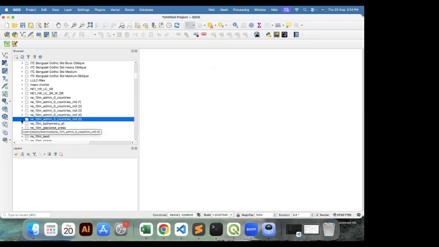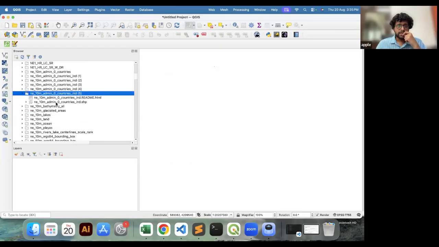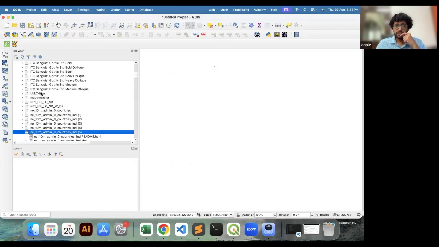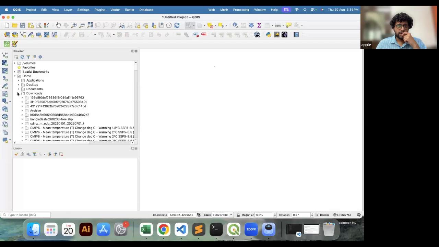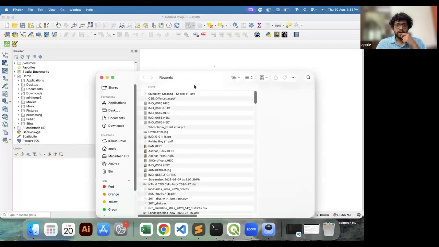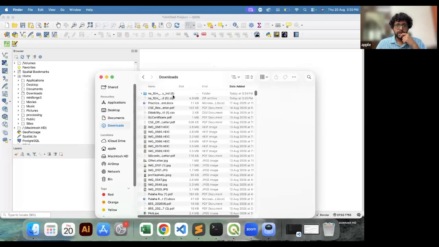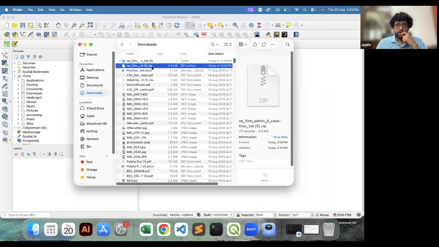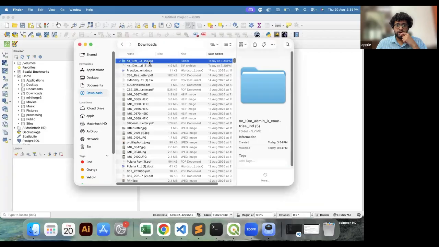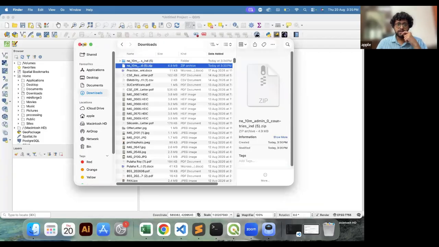Can you please show it again? Which one, sir? This step, where to go and add the data. Okay, I'll show it once more. Firstly, what we did was we unzipped this file. If you unzip this file, this folder will come. So you have to unzip the file. And once you have unzipped it,